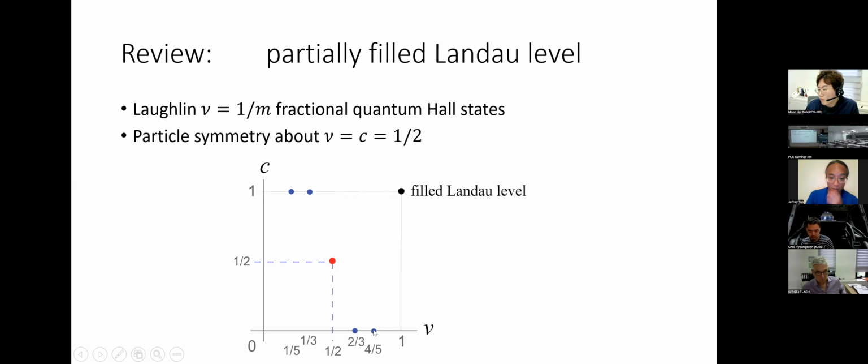What it means is that on the edge, there are actually counter-propagating modes. For 1 minus 1/3, there's going to be a forward propagating Dirac fermion mode and a backward propagating 1/3 mode. Both of them carry the same thermal Hall conductance, and therefore they cancel. So overall, there's no thermal Hall conductance. The overall chiral central charge is 0 for the particle-hole conjugates of these two states.